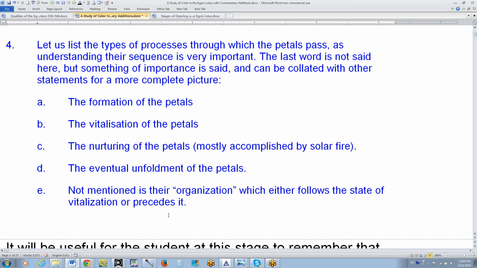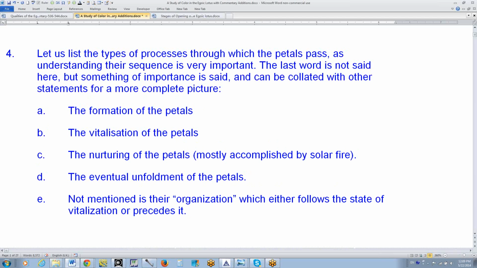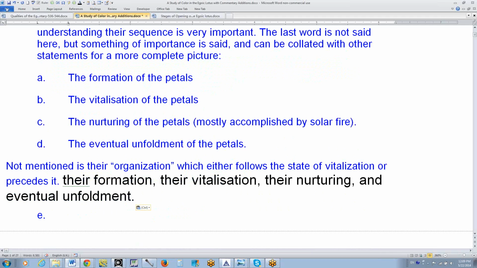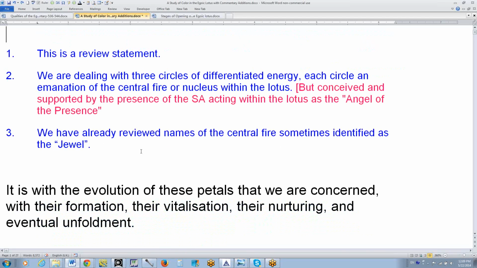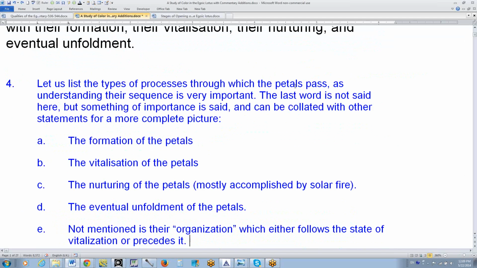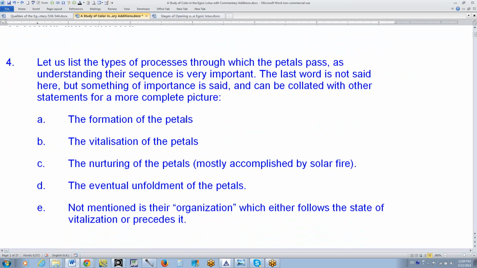vitalization of the petals, nurturing of the petals, mostly accomplished by solar fire, and eventual unfoldment of the petals. Not mentioned here is organization, which actually precedes the state of vitalization, as far as I've been able to tell. At first I didn't know which preceded which, but the further that I read and think, the more I understand that organization precedes vitalization. So we'll say, in fact, organization precedes